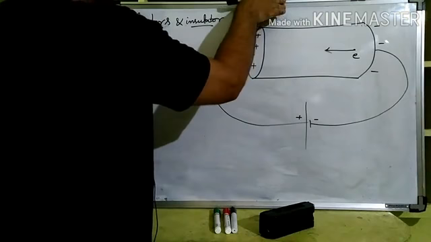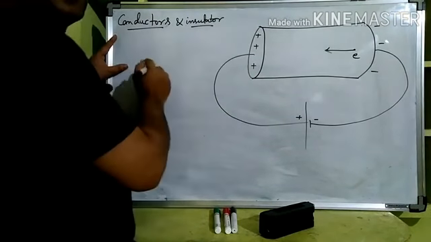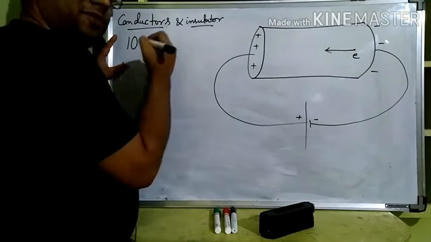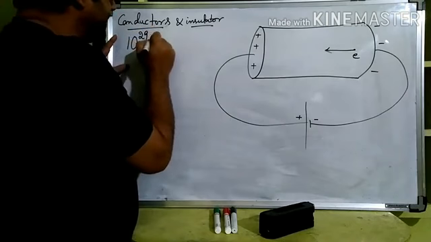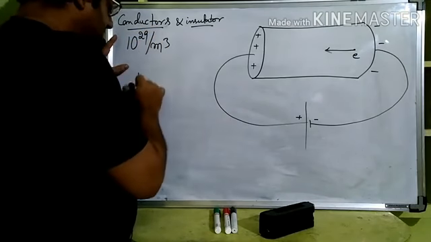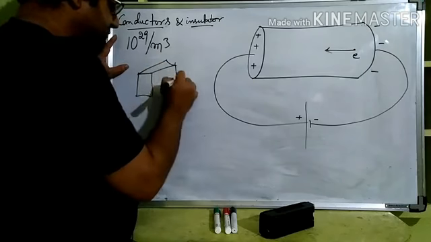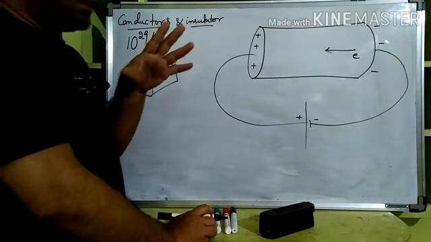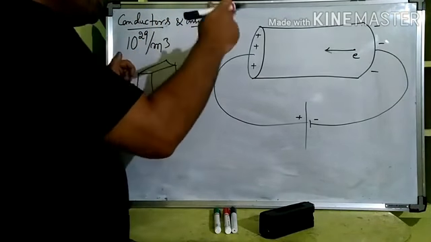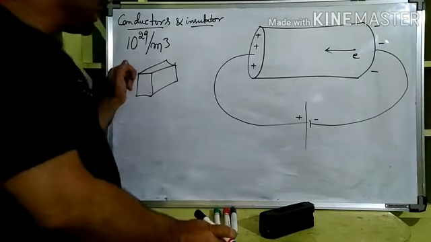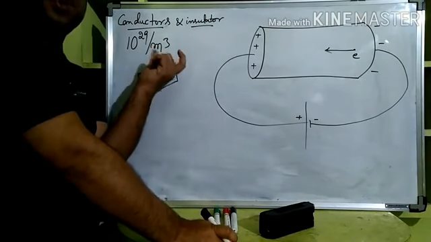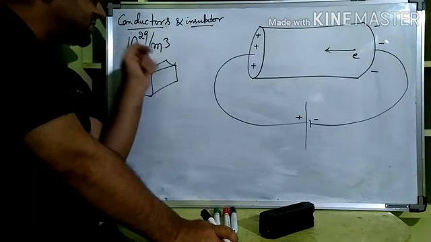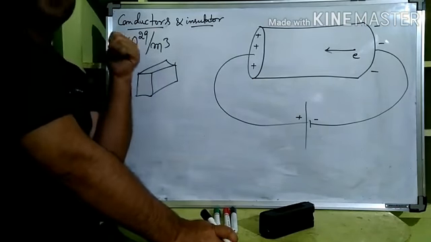So, if the number of free electrons is more and more, it is seen that in a good conductor, the number of free electrons is 10 to the power 29 per meter cube. You remember? Imagine just 1 meter, 1 meter, 1 meter. Within that, 10 to the power 29 electrons are there. That means 1 followed by 29 zeros. Remember, 7 zeros constitute 1 crore. 29 zeros are there. What a huge number this is. Those many electrons are present per 1 meter cube. Then that's called a good conductor.